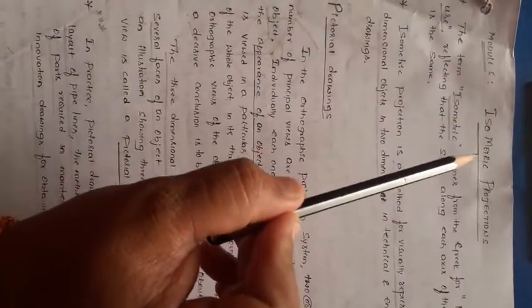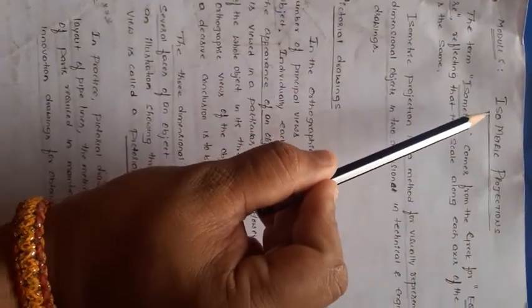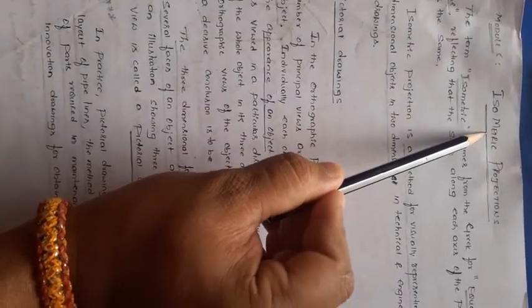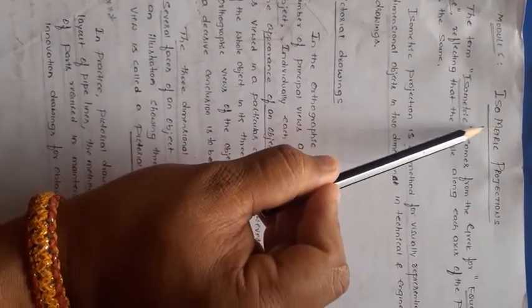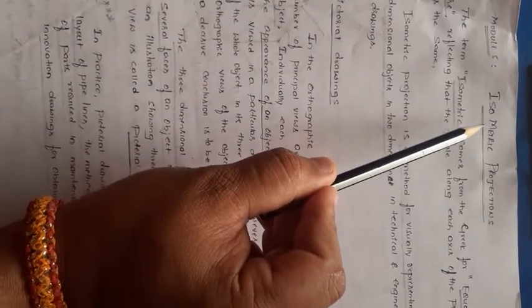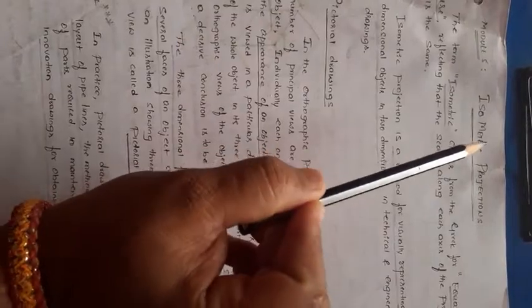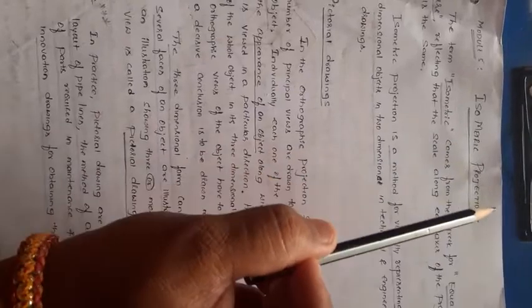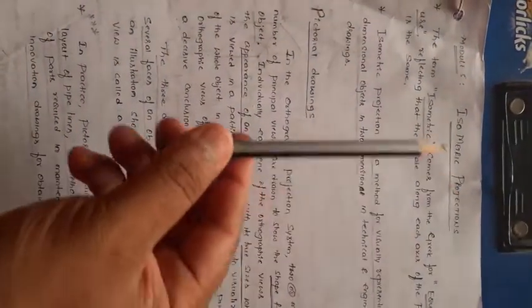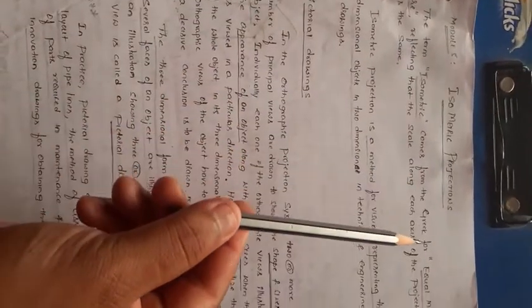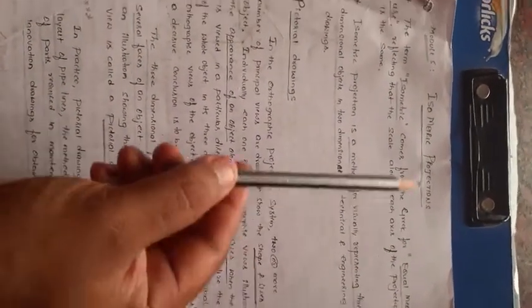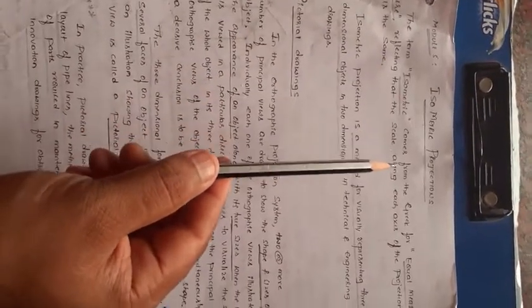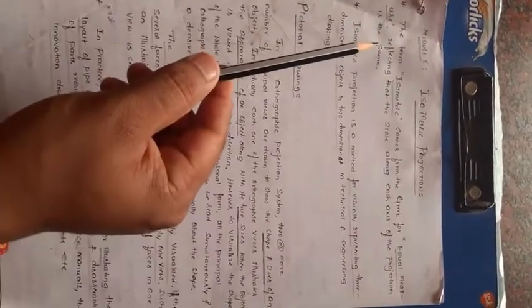Now first you should know what we mean by isometric. Iso means same or equal. Metric means measure. Now you measure the equal or same sides in all the three axes, that is called isometric. Then you go for projecting it. Project means when you pass parallel lines over the object, and how the object looks on the plane, that is called isometric projection. The term isometric comes from the Greek for equal measure, reflecting that the scale along each axis of the projection is the same.